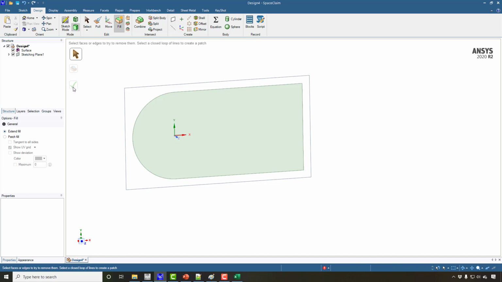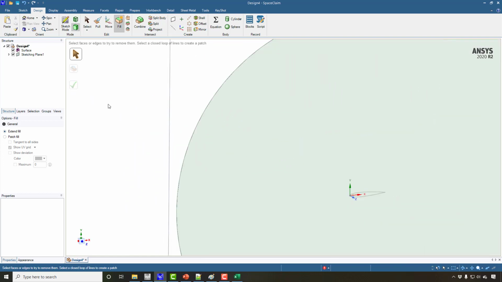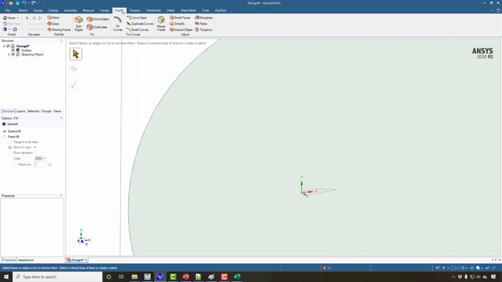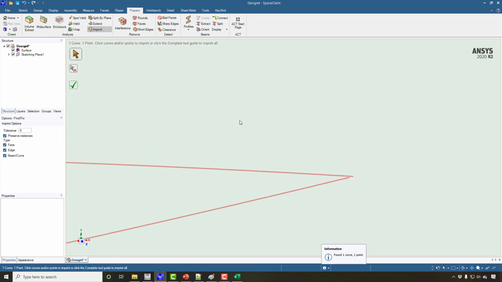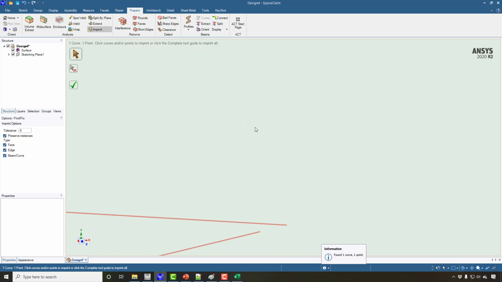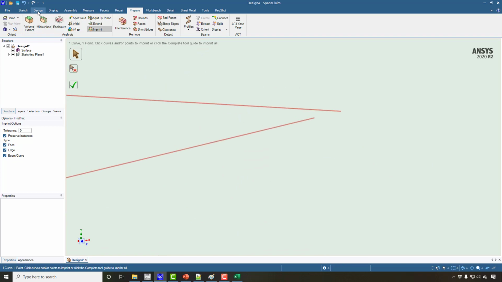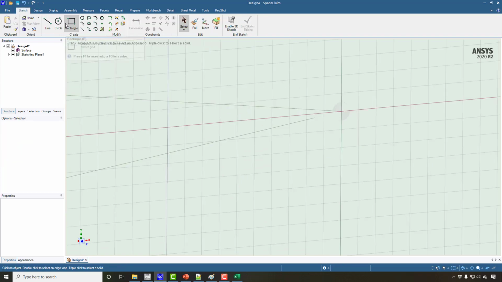Now click on this green tick mark, and now I'm going to go to the not repair menu but the prepare menu, and then click on imprint. So this will give you an idea that we can imprint here. Okay, one more thing is that if you take a look here, we have some issue in the geometry.